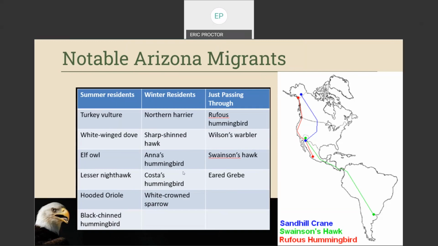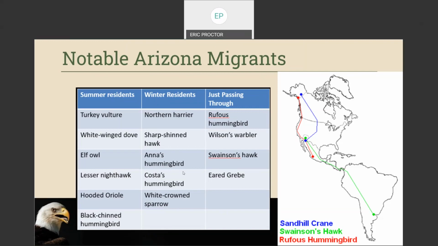Now, we get sandhill cranes here in southern Arizona starting in November, December, and they're here through the February, March timeframe because we are their wintering grounds. And then at the end of winter, they go back towards Alaska, Siberia, the Yukon, those types of areas. So in the summer they spend up there, and in the winter they come down here. It's really fascinating that we get 30,000 or so of these sandhill cranes that come into southeastern Arizona.